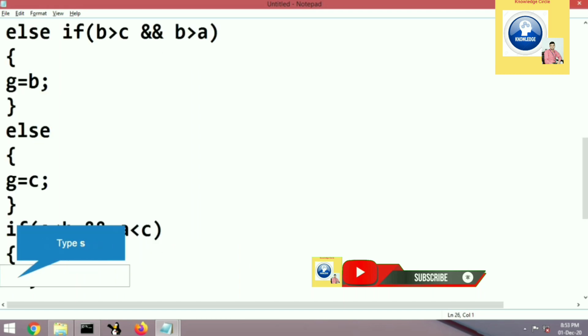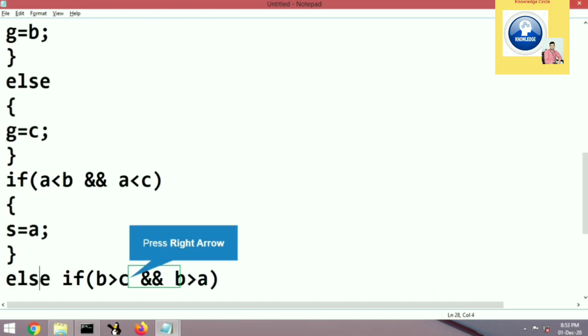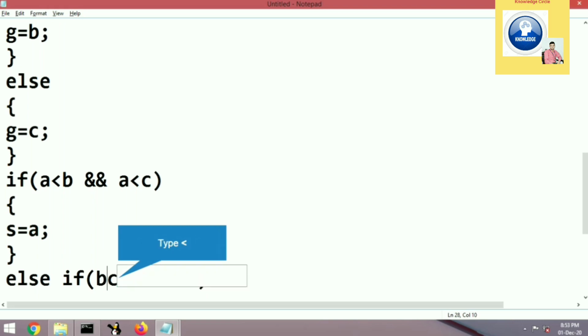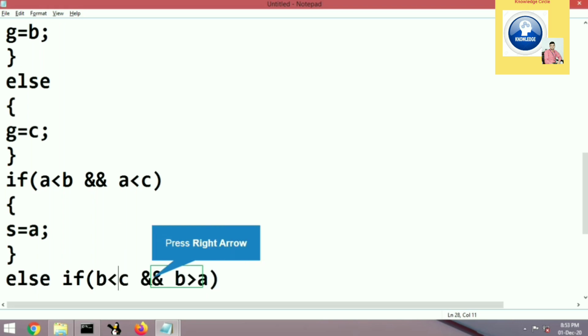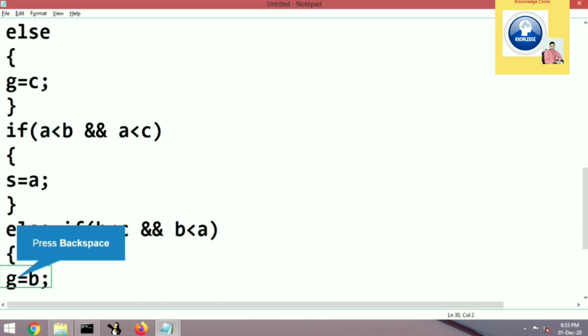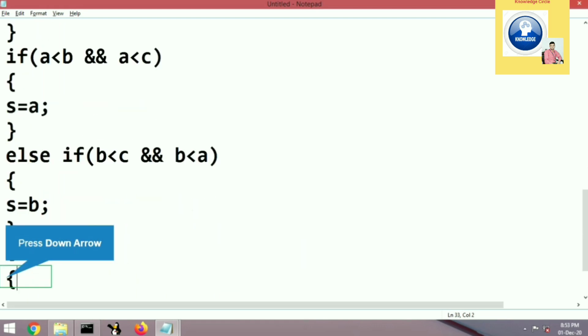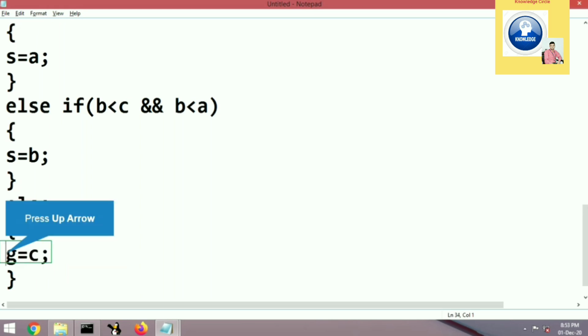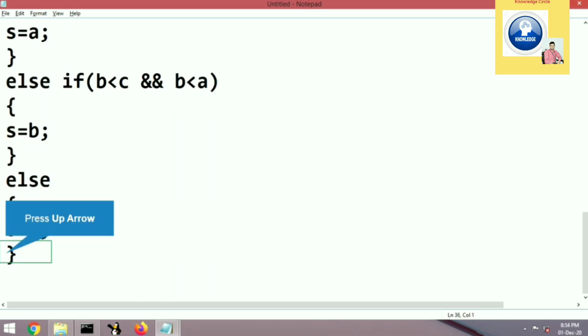Now if A is smaller than B and C, then A will become smallest. If it is not true, let's go to the next condition, else if B is lesser than C and B is lesser than A also, then the smallest number will be B, that will be stored in S. So S equal to B.